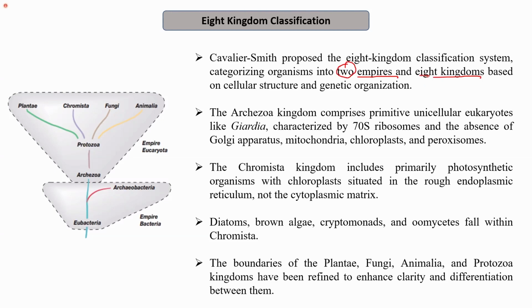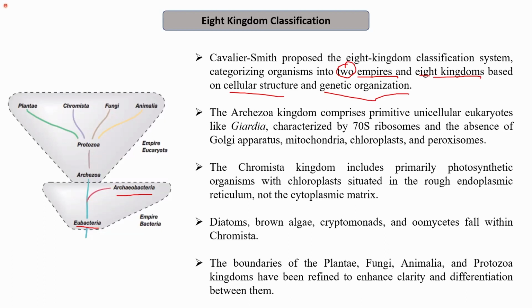The first empire is empire bacteria. The second is empire eukaryota. And these empires were further divided into the kingdoms. Empire bacteria, as we can see here in this diagram, consists of 2 kingdoms, which are eubacteria, that is true bacteria, and archaeobacteria, which is archaebacteria or the primitive bacteria. The categorization was done into 2 empires and 8 kingdoms based on their cellular structure and genetic organization. So in this 8 kingdom classification system, the focus was given to both the cellular structure and the genetic organization of the organism,